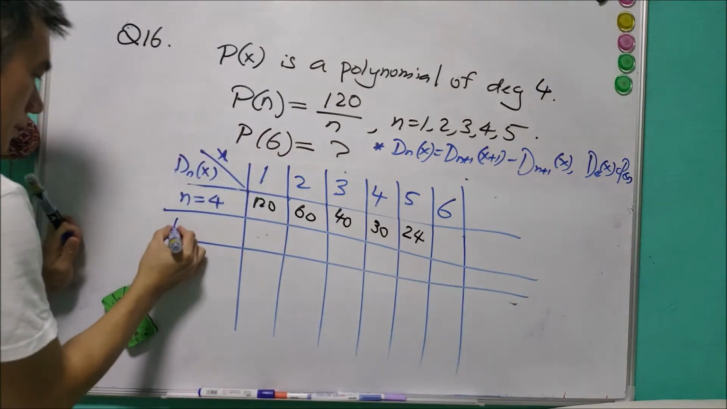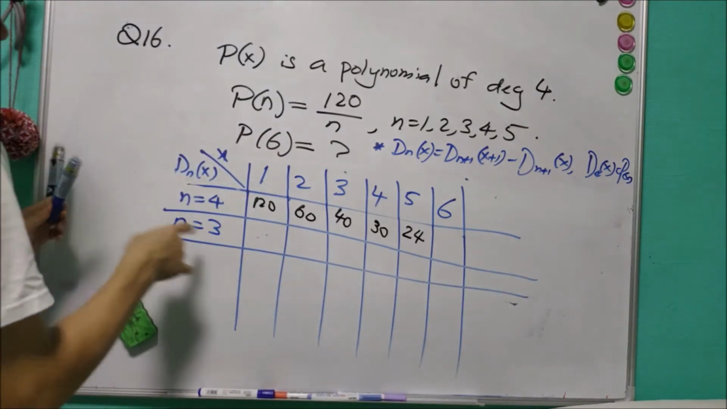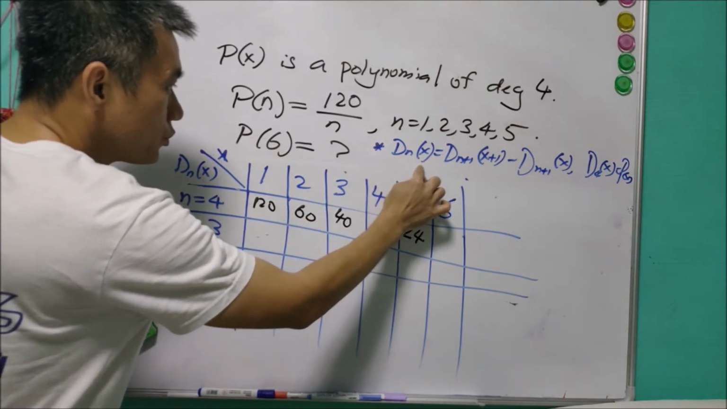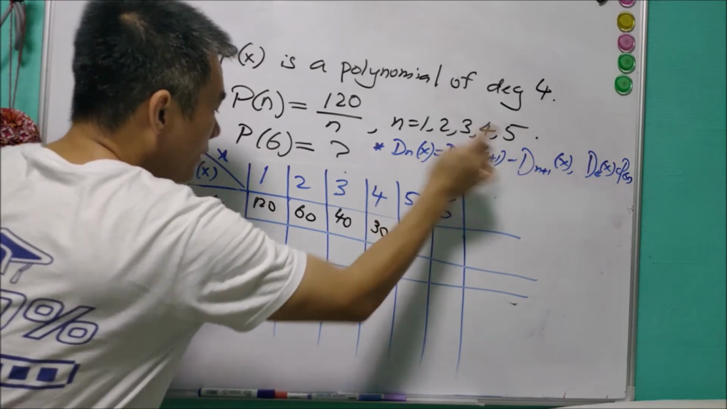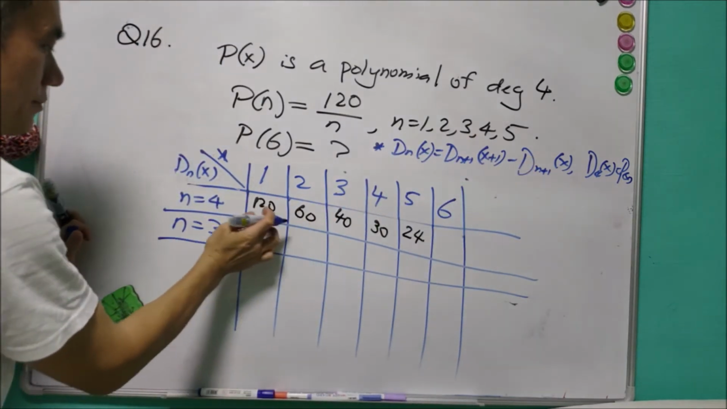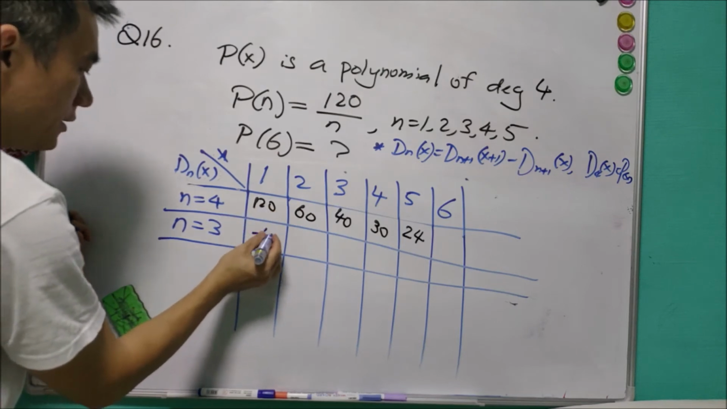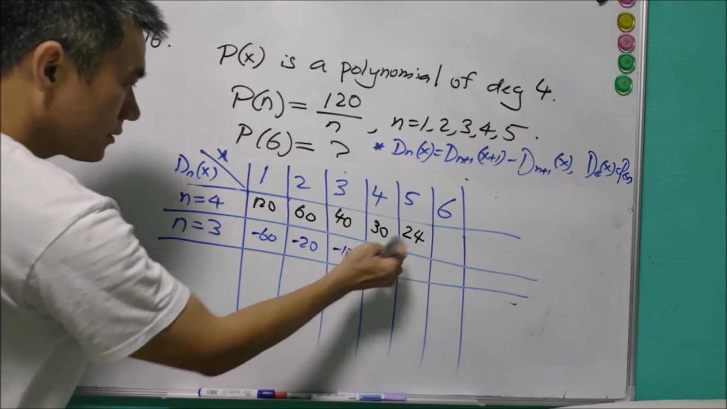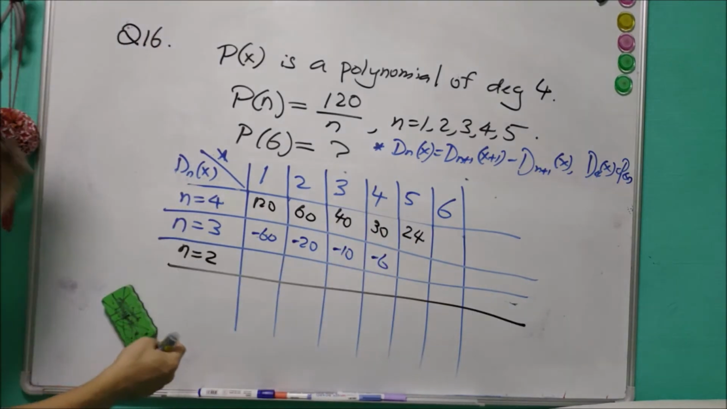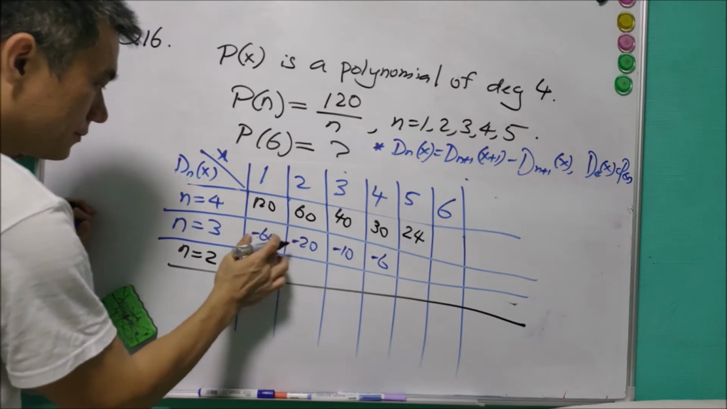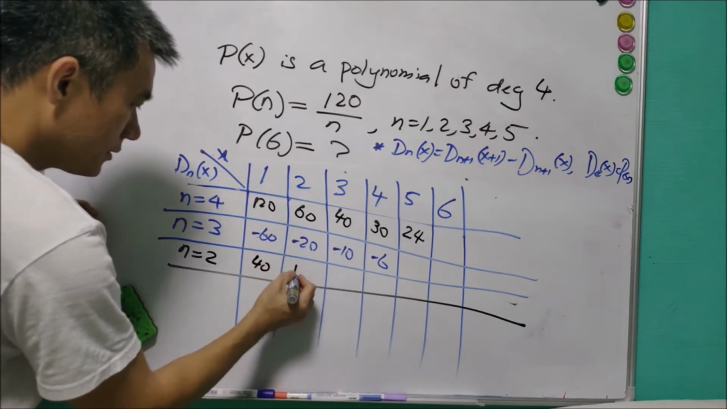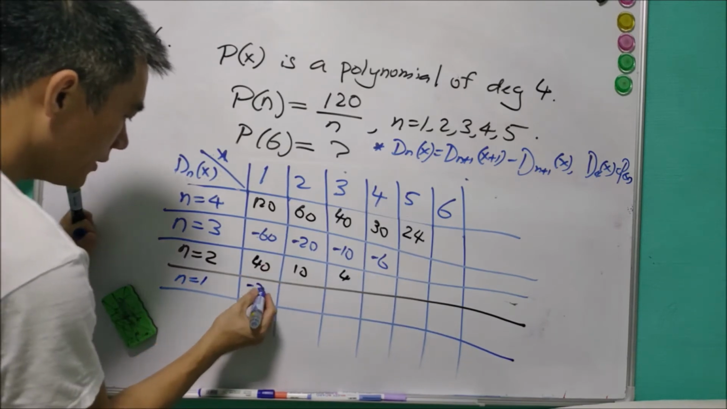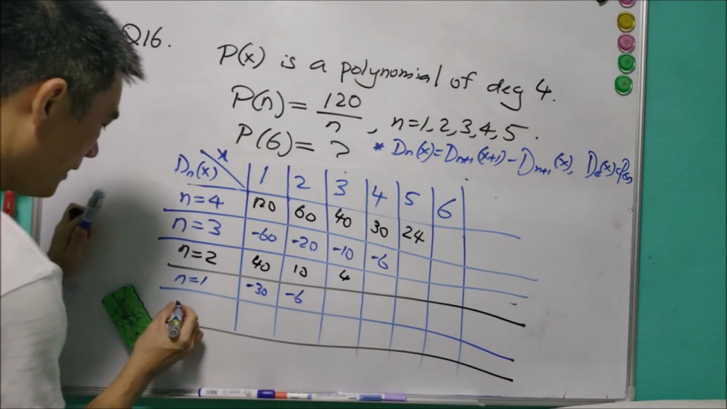Next, we'll look at n equals 3. Using this relation, d_3(1) will be equal to d_4(2) minus d_4(1). That is 60 minus 120, negative 60. The next one will be negative 20, negative 10, negative 6. So we can continue to fill in the blanks. So this is 40, 10, 4. n equals 1, negative 30, negative 6, n equals 0,